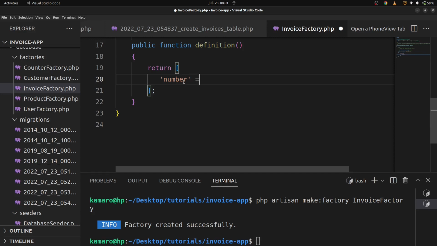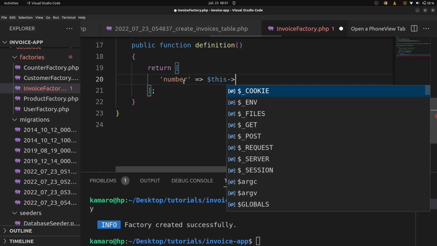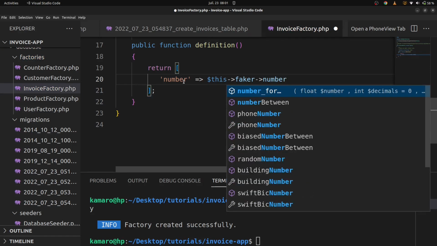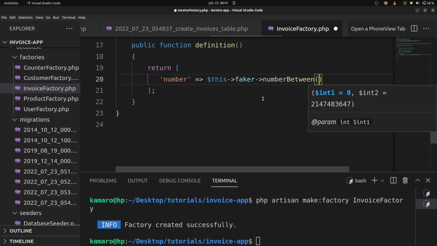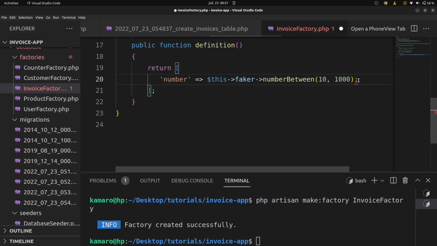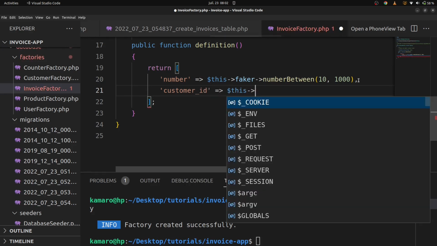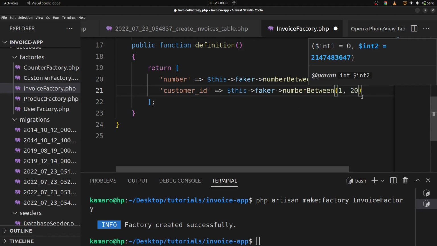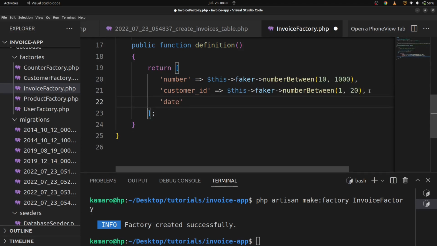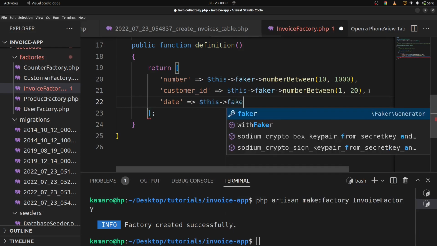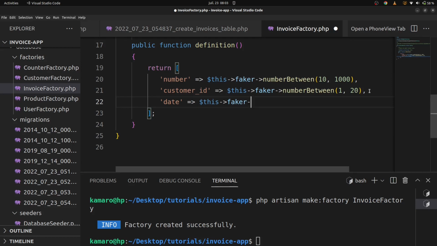Number, this faker number between 10 and 1000; customer ID, this faker number between 1 and 20; date, this faker date; due date, this faker date; reference,